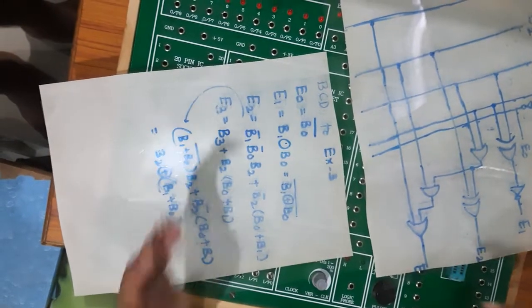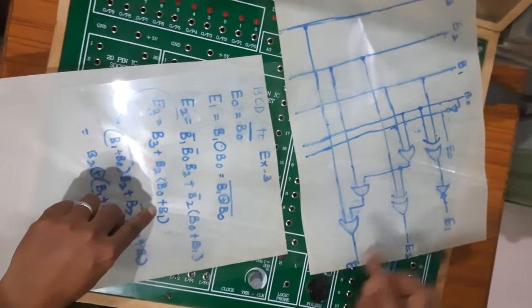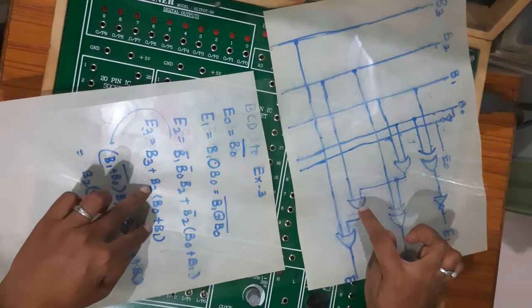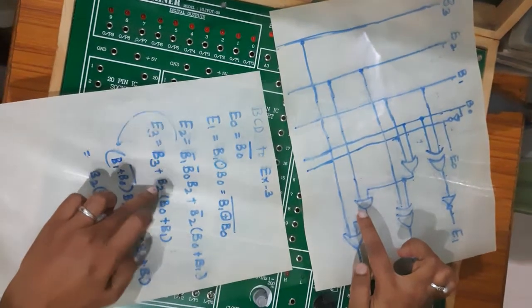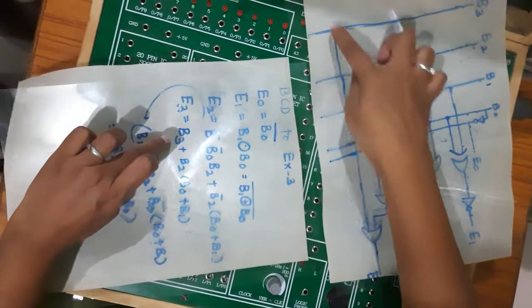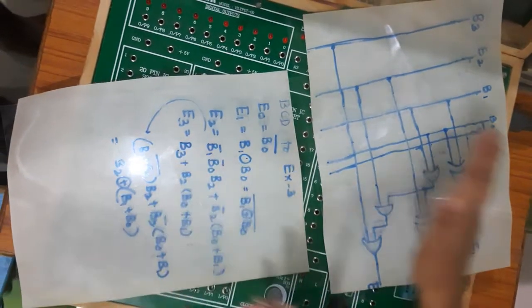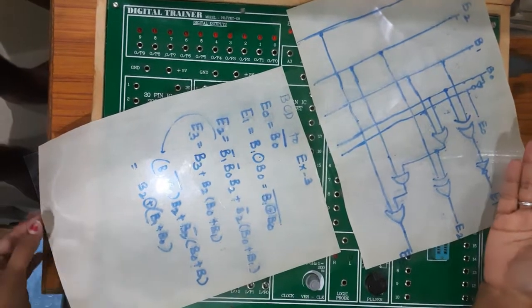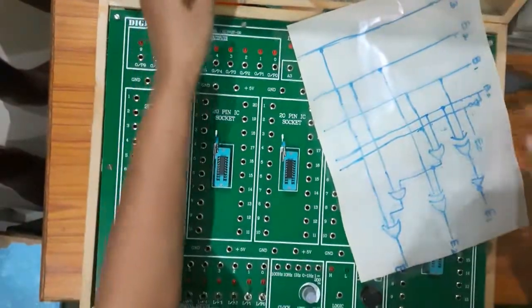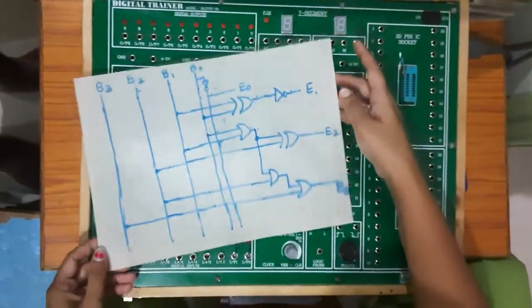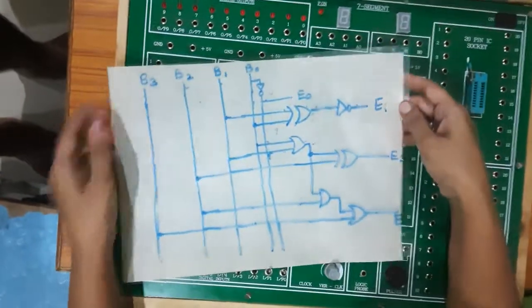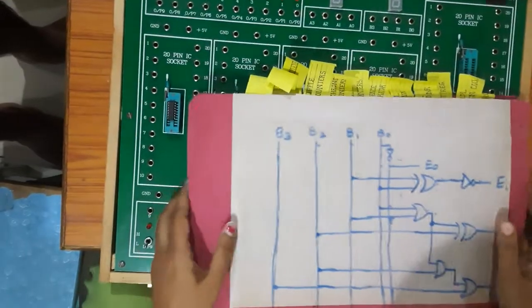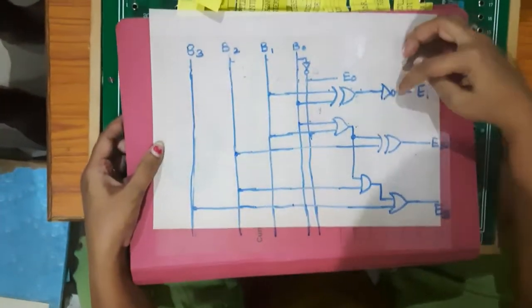Then talking about E3, E3 will have B0 plus B1, which we have already done over here as an OR gate. The same connection is taken down, that is ANDed with B2, right? And then that is ORed with B3, right? So we have already discussed this part in our theory part, that is, if an equation is given, how that can be connected into the logical circuit. So the same thing I have used here, and this is the circuit in my hand. Now I have to use a few of the chips given over here, because I will be using NOT gates, right? 2 NOT gates are required.